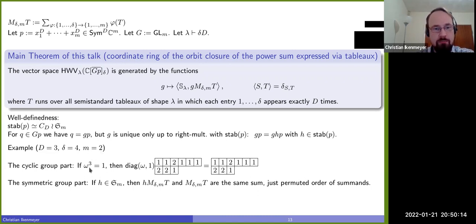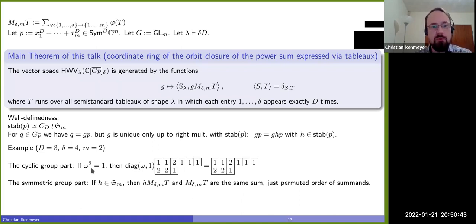And you take some third root of unity here and you apply that part of the stabilizer. So this is part of the stabilizer. And if you apply this to this tableau here, what is going to happen? It's going to be rescaled by omega to the 6, because there's 6 ones, and each one is going to be rescaled by omega. So this is going to be rescaled by omega to the 6, which says that this is the same vector.